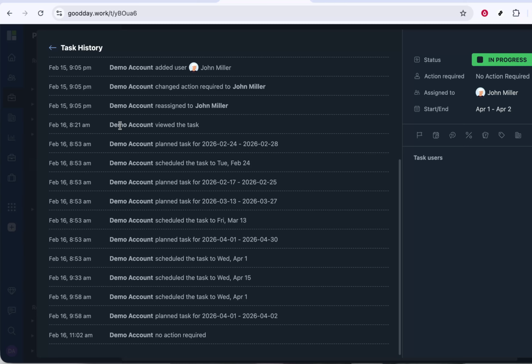Here, you'll see a chronological list of changes that have been made to the task, such as status updates, reassigned owners, due date changes, or modifications to fields. Use this view to understand how the task has evolved over time, verify updates, or troubleshoot any confusion about when a change was made. And that's it. By selecting